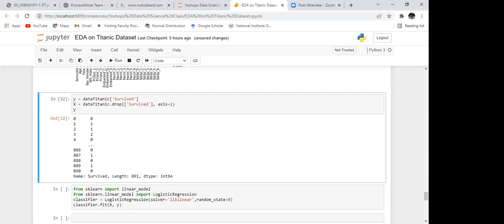We will be doing one hot encoding for all the categorical variables, so that the data bias goes away. None of the values should get unnecessary weight. So one hot encoding is done. You can have a look at how your data is. So this is how your data is.